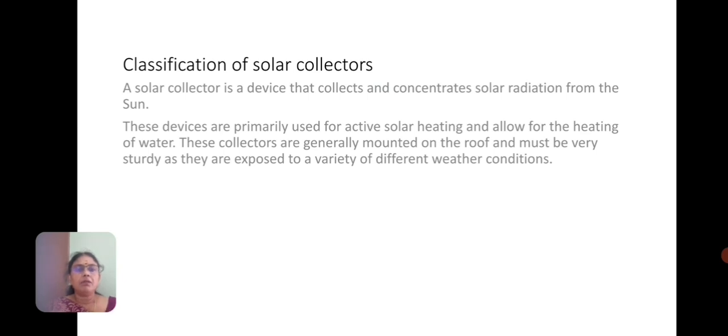Now in this session we have studied the classification of solar collectors. The classification is two types: non-concentrating and concentrating. According to your syllabus, we are focusing only on the non-concentrating type. In that, again, there are two classifications: one is flat plate collector, another